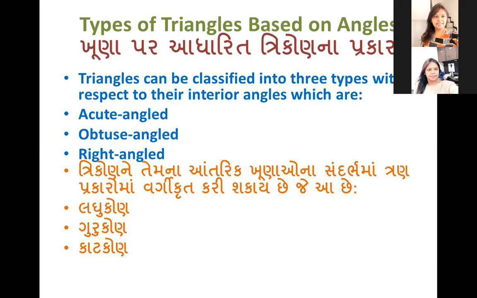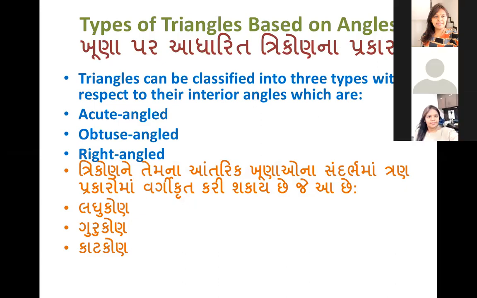This type of triangle depends on their sides, and here we start with triangles which depend on their angles. So there are three triangles: acute, obtuse, and the right angle triangle. Now we discuss some definitions and properties. All students must remember it. I will ask you tomorrow their types, their definitions, and their properties.